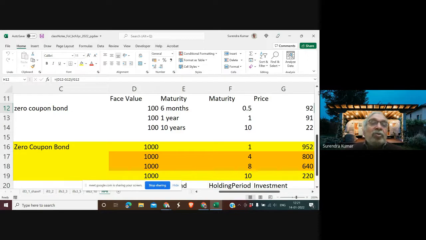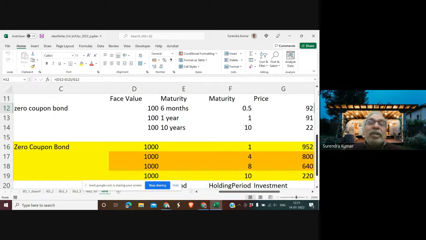But here we are talking of a zero coupon. So in a way, there is no detachable coupon available because there is no interest. And that is why it is called a zero coupon bond. So this zero coupon bond with a face value and a maturity of 6 months is my first example. Given this first example, I am just taking a price hypothetically, supposing it is traded in the market today for 92 rupees. Okay.